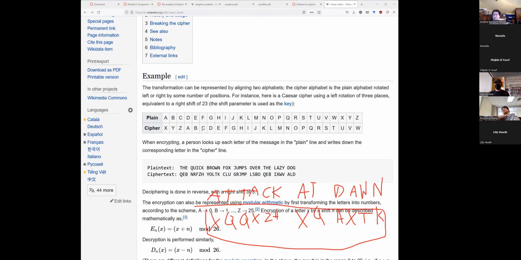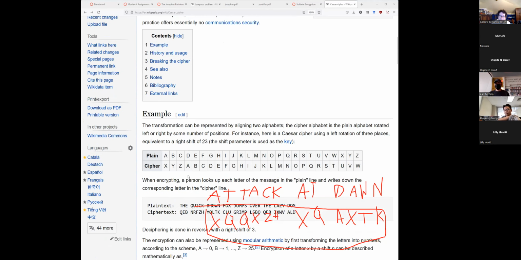Now me, the general, if I receive this message, how do I decrypt it? Well, I can either work in reverse by subtracting 23 and going back, or I can do what might be a bit easier. Since we already set up that our encryption is 23, I can add 3 to make 26, because if I did an encryption of 26, that would go all the way back around to A. Make sense? So adding 3 to X would basically say, okay, X brings me to A,